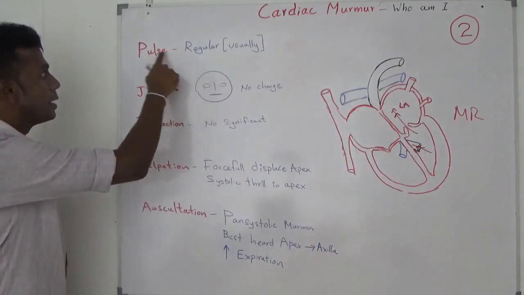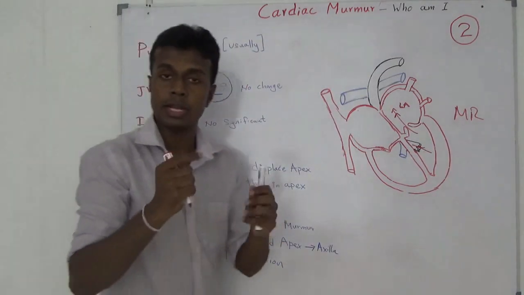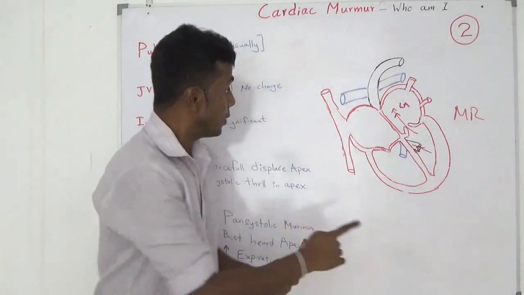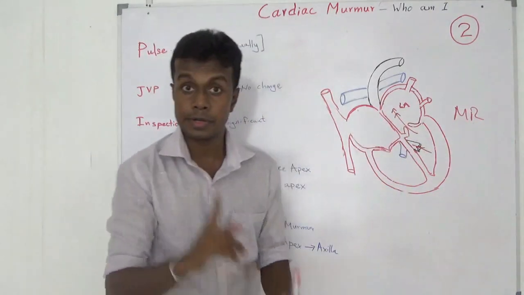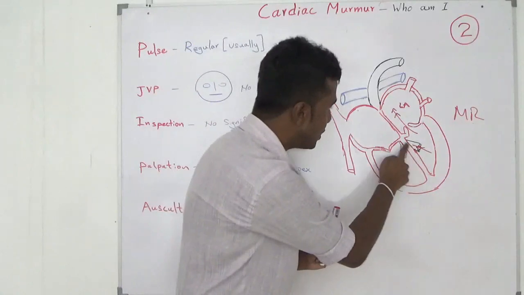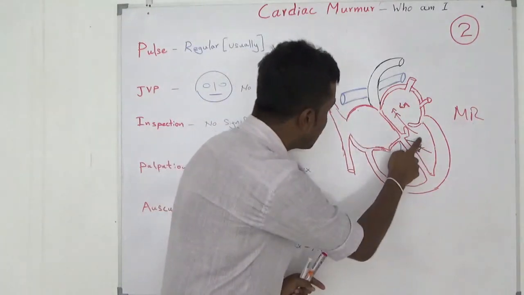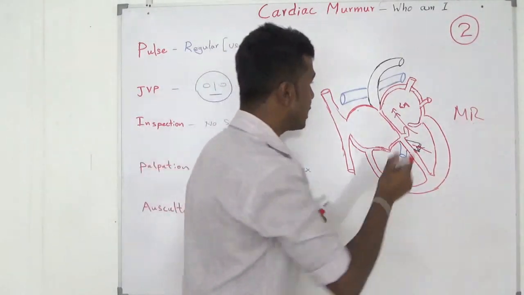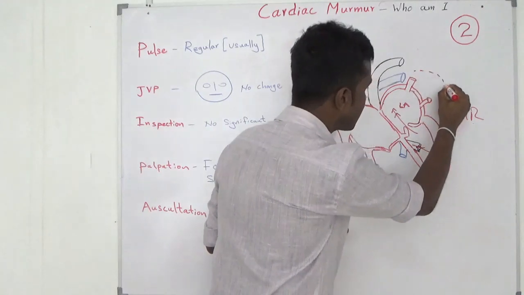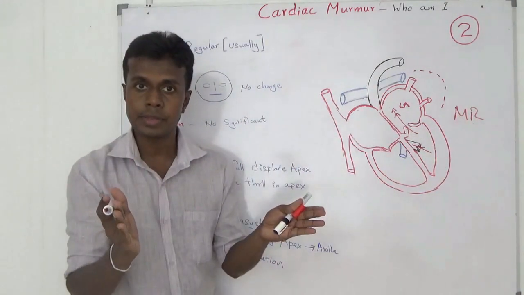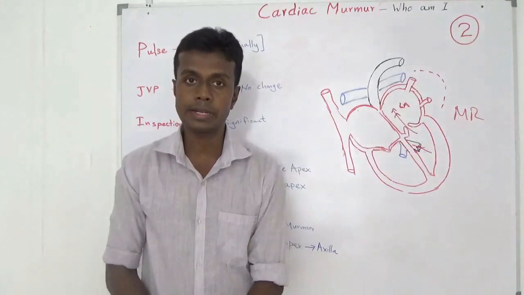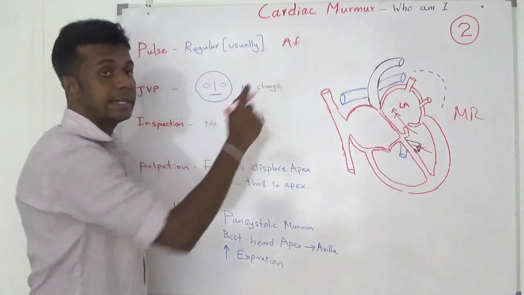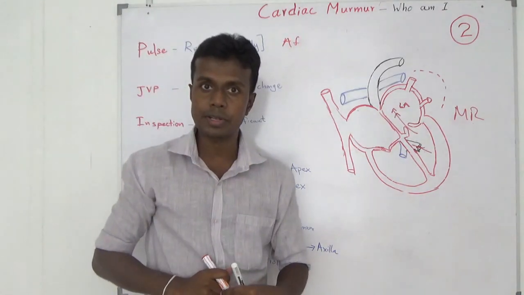The cardinal feature is a regular pulse, but rarely it can be irregular. How did it happen? With a chronically overloaded left atrium, during ejection, blood goes into the aorta and into the left atrium as well. So the left atrium is overloaded and starts to enlarge. With that, the electrical current in the left atrium can get disturbed, and your patient can develop atrial fibrillation. But it happens very rarely, not like in mitral stenosis.